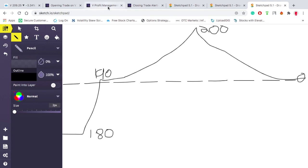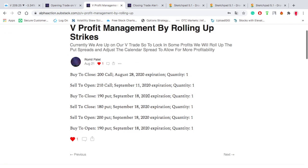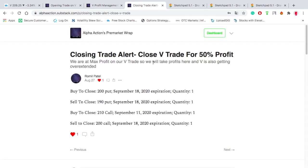But then what did we do? Well, you can easily make an adjustment to this. So then, afterwards, we did profit management by rolling up strikes. So then we rolled up our strikes, and then eventually we turned this into a diagonal spread. We had to pay a little bit to turn it into a diagonal spread, but then we also got paid to roll up the put spread. So essentially, it just put us in a position that was costless. It didn't cost us anything to do that, and then eventually we took it off for a 50% profit,